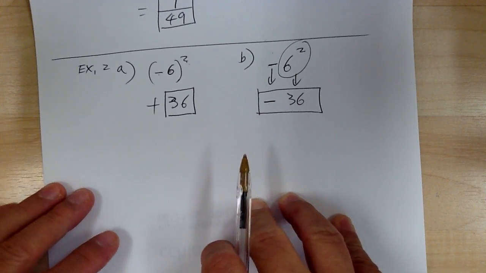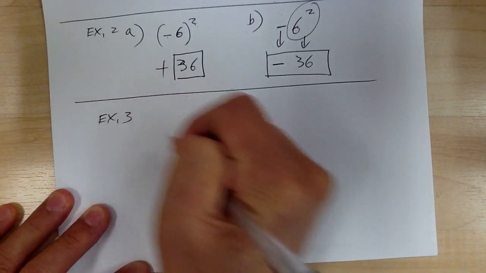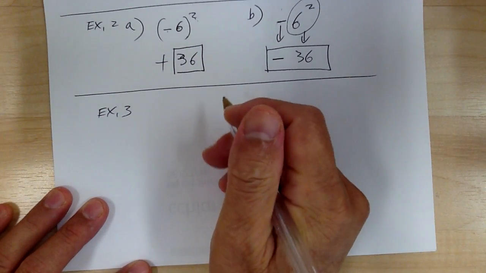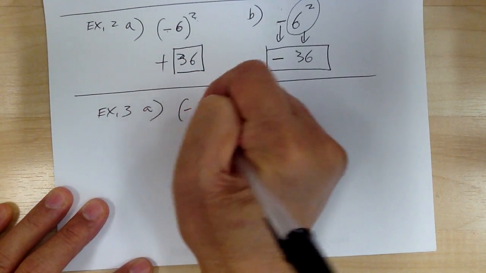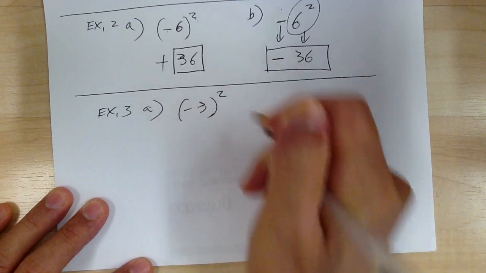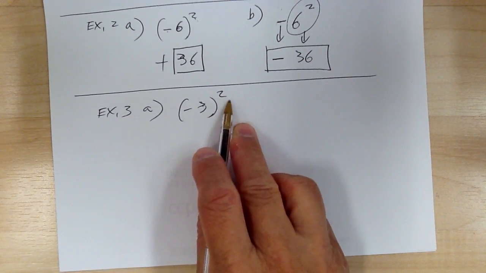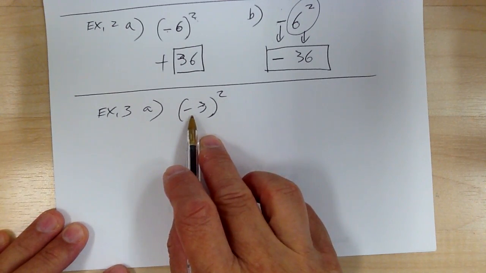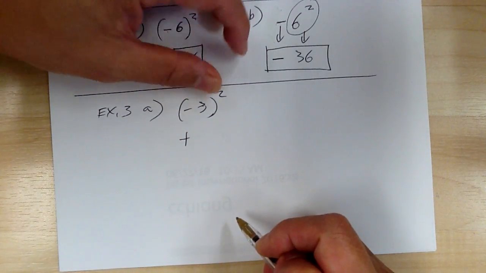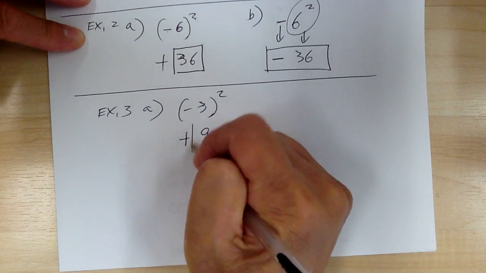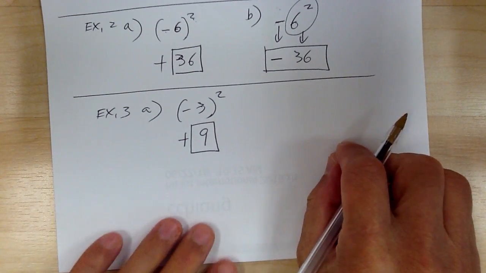Okay, now let's go to example 3, and let's go to example A. You have negative 3, squared. Again, the parentheses is immediately before the exponent. So everything inside the parentheses gets squared. So over here, negative squared is positive. 3 squared is 9. So your answer would be positive 9. Whereas if you go to example D,